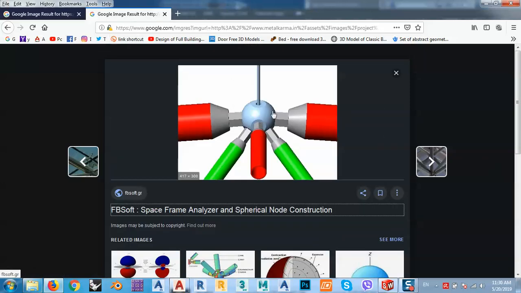As we know, we have a mirror system, which is the nodal space frame. This is the kind of space frame that we are going to work with. Okay, so we have this detail. We have to draw this detail in